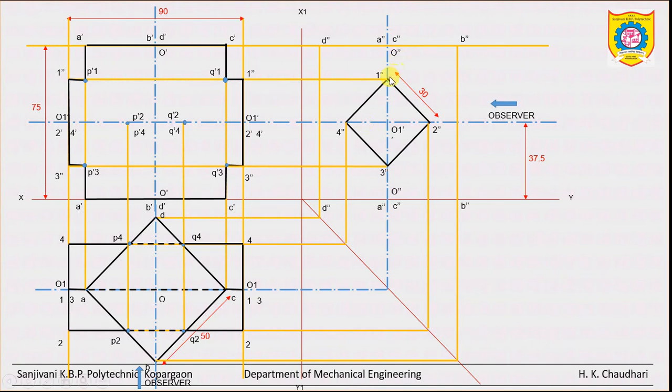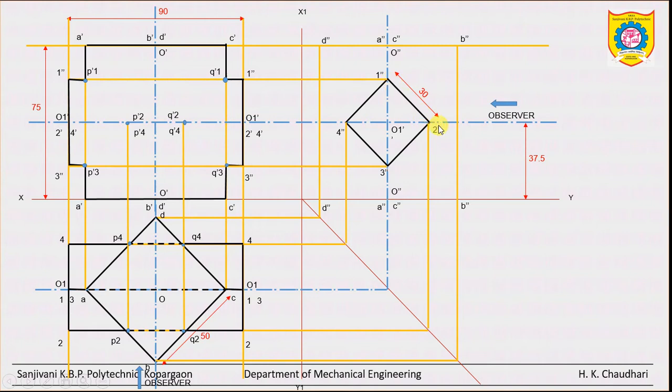So this horizontal surface 1 2 will intersect this AB surface of the vertical prism. So their intersection will be a straight line. Clear? The points will be